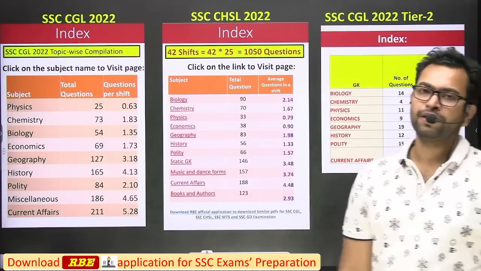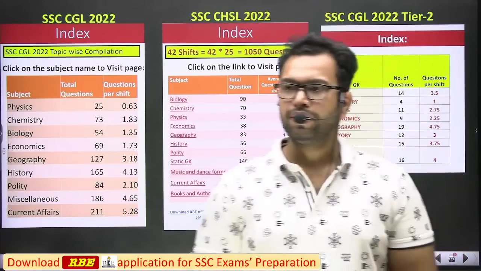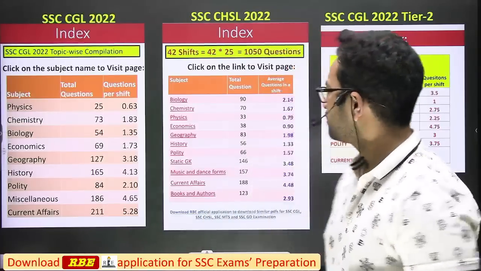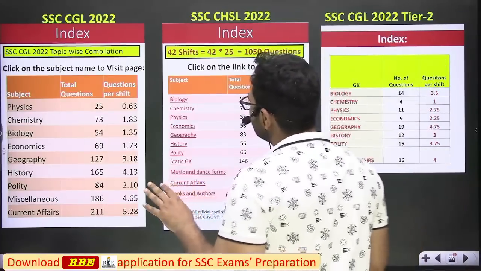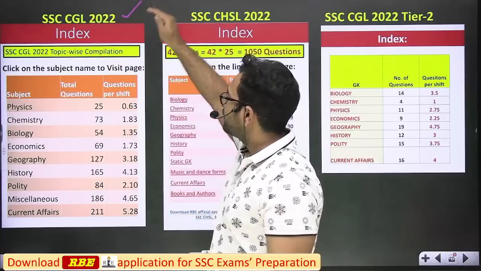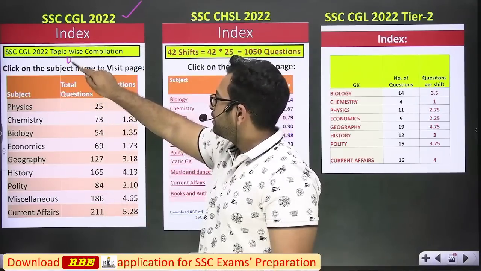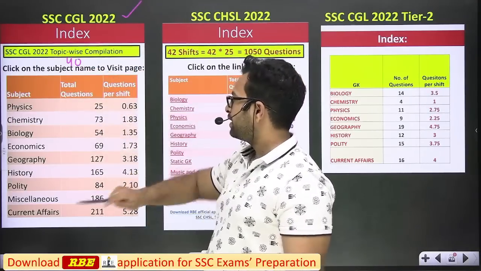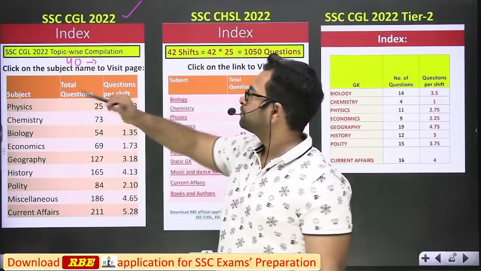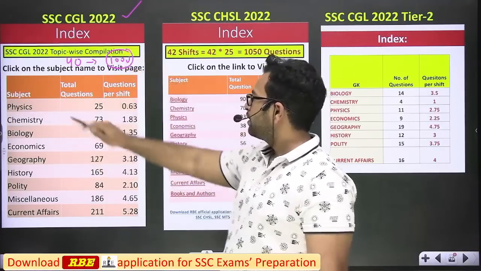From which topic how many questions are generally asked in SSC examination? This is not fixed though, but you can take it as a reference. If I start with the general awareness section, you can check out SSC CGL 2022 tier 1 weightage. The exam was conducted in around 40 shifts, right? In one shift there were 25 questions, so I can say we had a total of 1000 questions of general awareness, right?